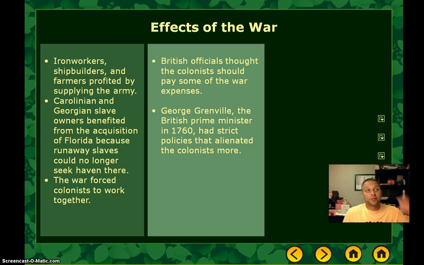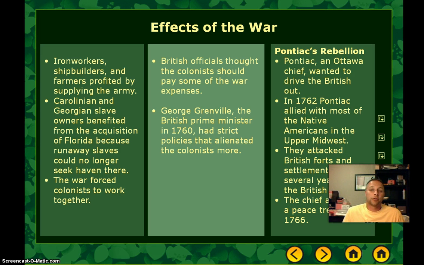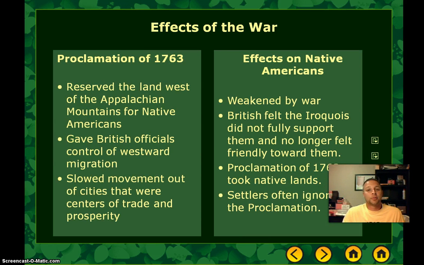Also, British officials thought that the colonists should pay some expenses of the war. So in 1760, George Grenville, the British Prime Minister, instituted strict policies that alienated colonists more. You're going to see that become a big impact later on. Also, Chief Pontiac wanted to drive the British out of former French territory, which led to a three-year-long conflict called Pontiac's Rebellion. It also led to the process of pushing natives further